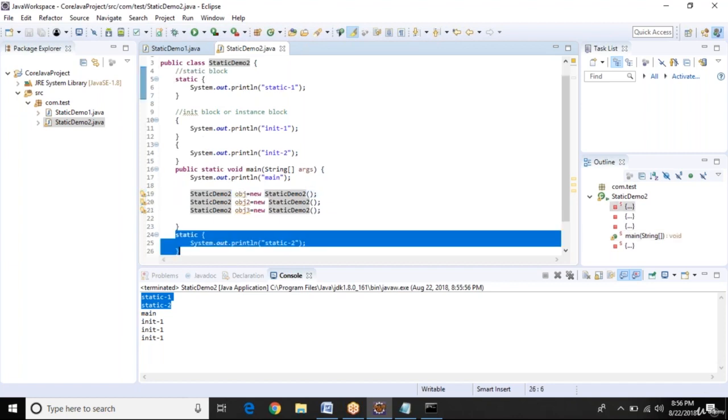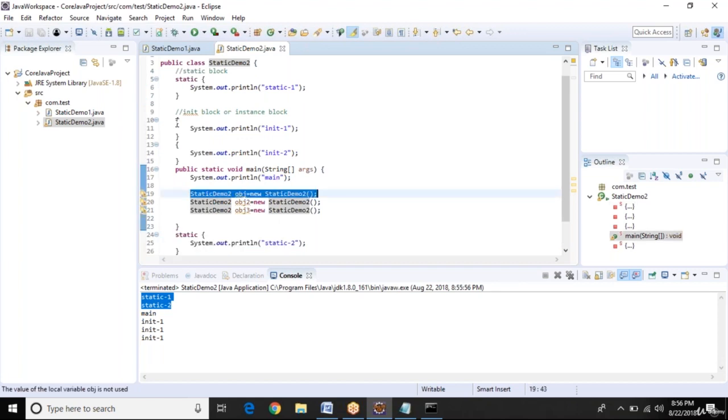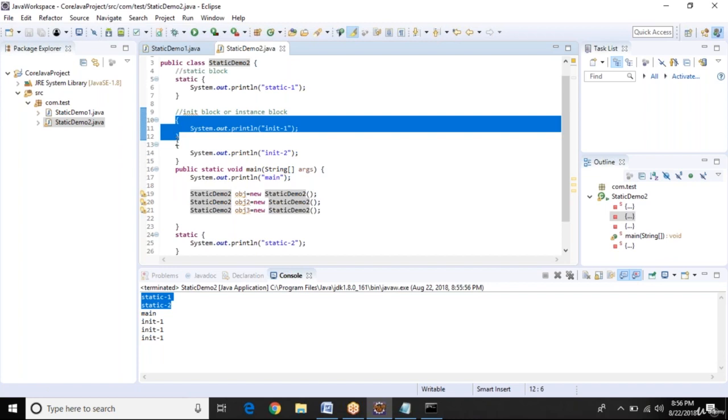Now we have created the first object, so it will print init 1, init 2. Then we created a second object, so again init 1, init 2. It will not print the static blocks again, it will only print the initialization blocks. Then for object 3, again it will print these. So this is how it works: static 1, static 2, main, then init 1, init 2, init 1, init 2, init 1, init 2.